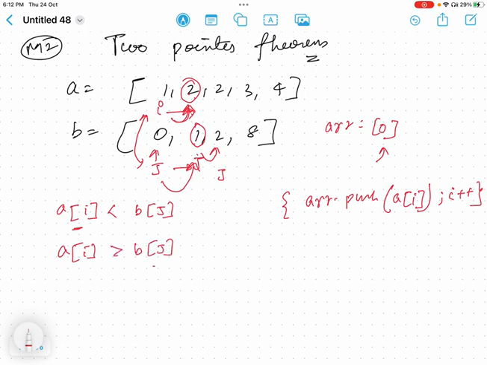Second step, if the case is opposite, then we have to push J. And then we have to increase J also. Obviously. Next, third case, which I missed over here: if both elements are equal,